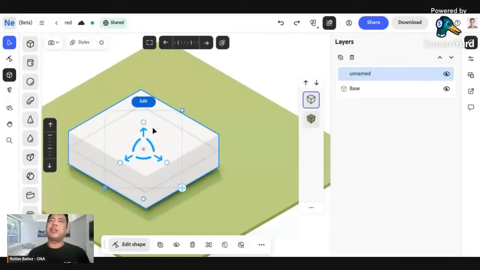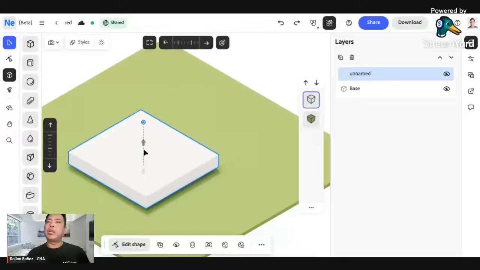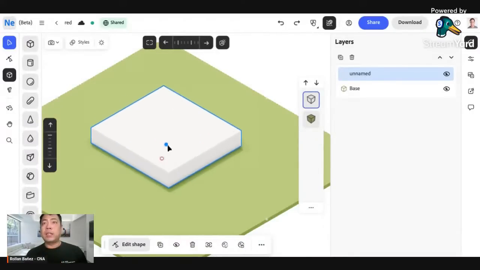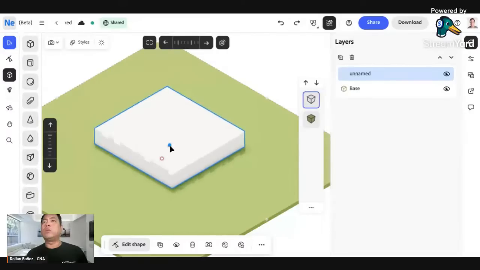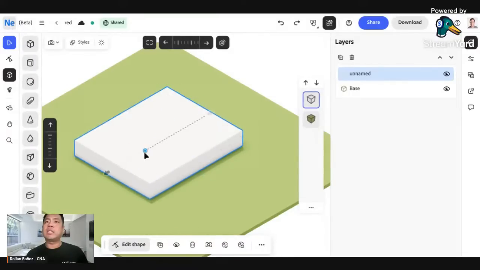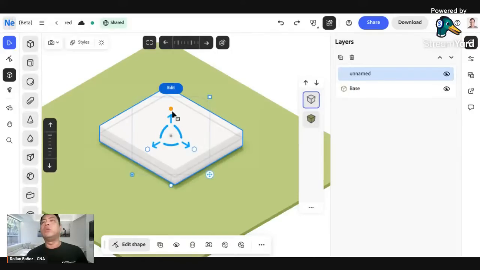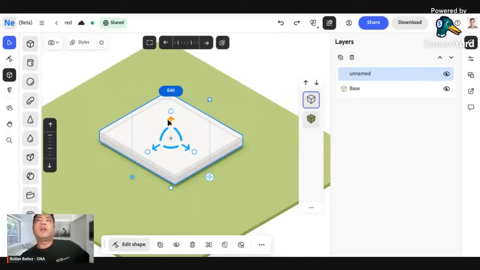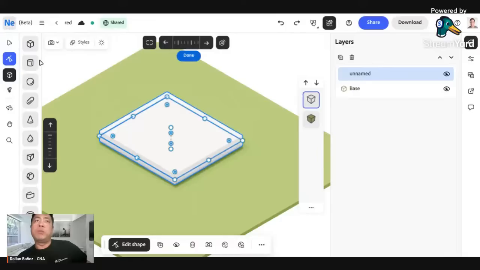Gagawa tayo ng chair. So let's make this like a chair one here. Okay? I can click on the following. I can easily click on the center. If I want to reposition this, I can edit it on the Z and XY axis. Diba? You can easily do so. Gusto natin mas mapayat pa dito, you can easily do so. Let's make this very small. Diba? Or you can click on the edit function here on the top, which will enable you to also click